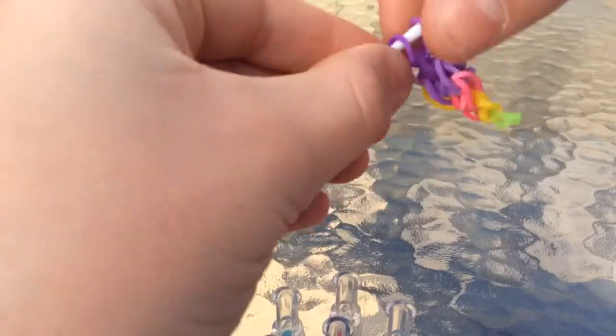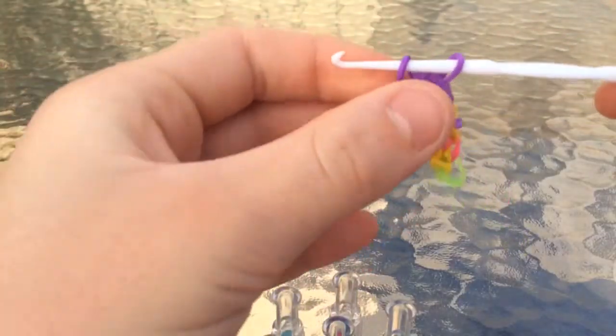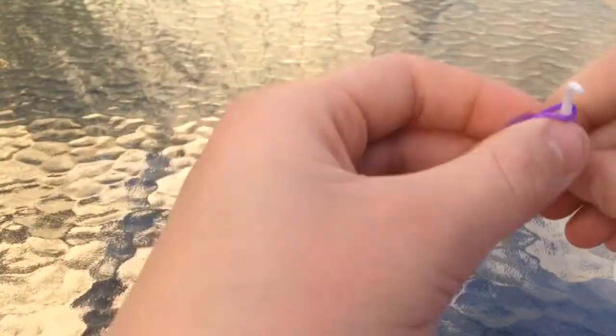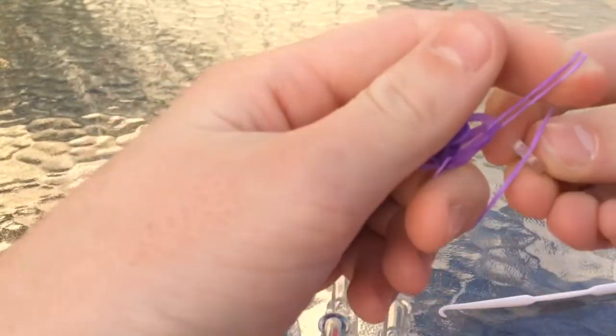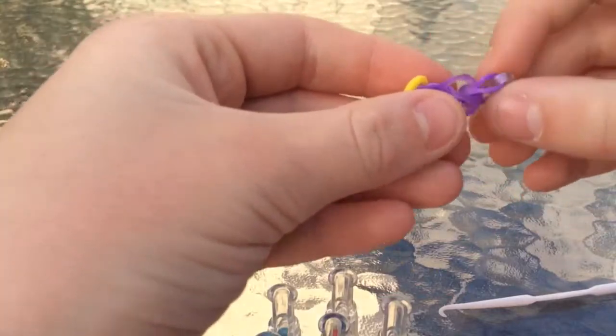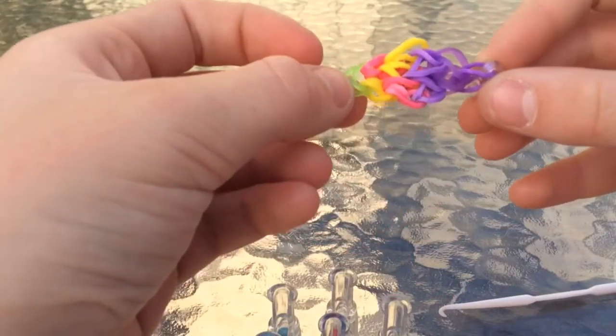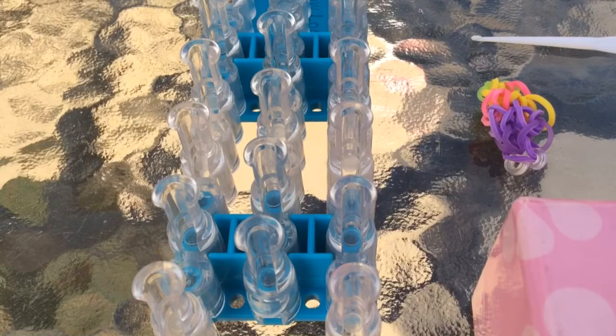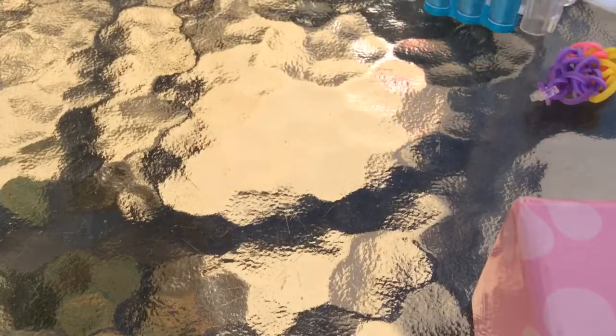And now we're on the end. Now on my hook there are 2 bands. You grab a S-clip, pull them all off, and then hook it on like so. There we have our first petal completed. Now that we have finished looping the bands of the first petal, we must turn the loom around again